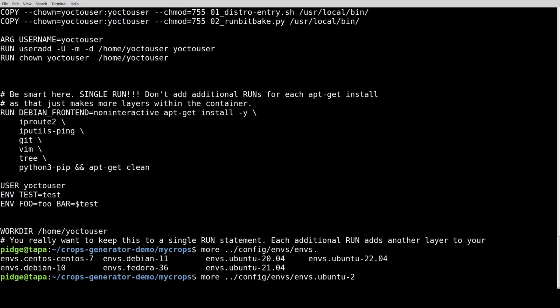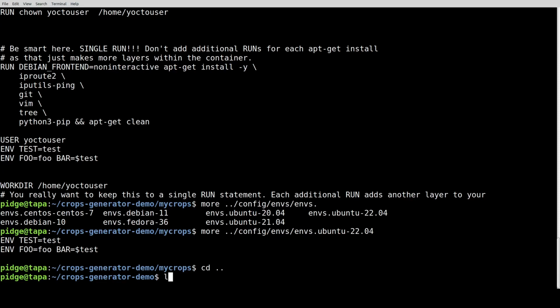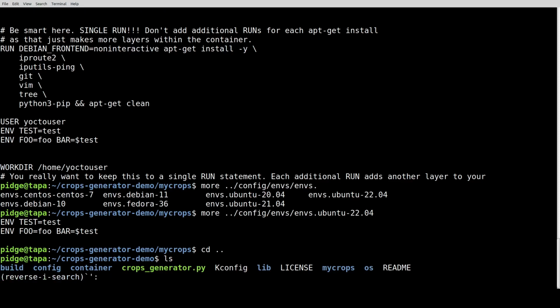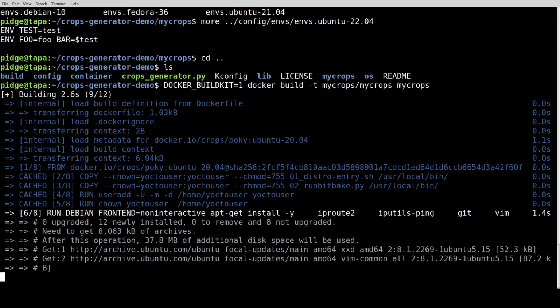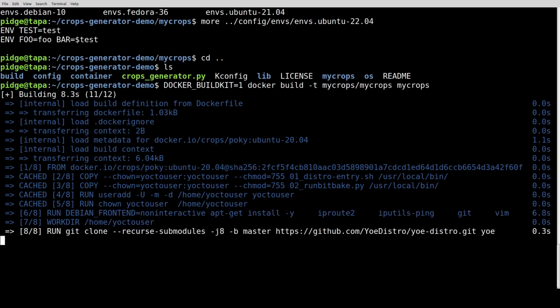So again, these are set there. And then the next thing we need to do is just build the container. So what we're going to do here is run the Docker build. And this is going to pull down Ubuntu 20.04, pull down the crops Poky container, and build all of this